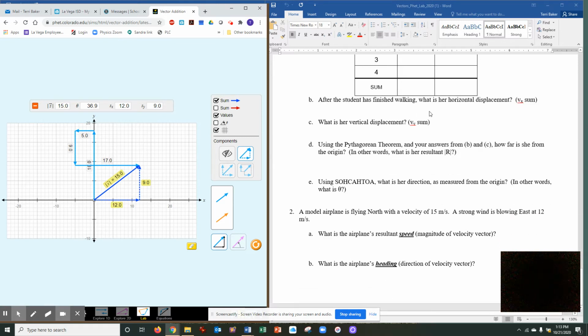Please understand that because in the extension questions, there are 10 of them. A couple of them are just like this. The next